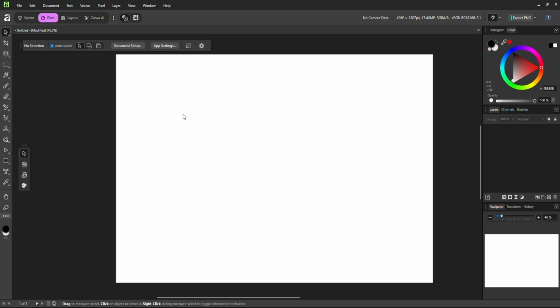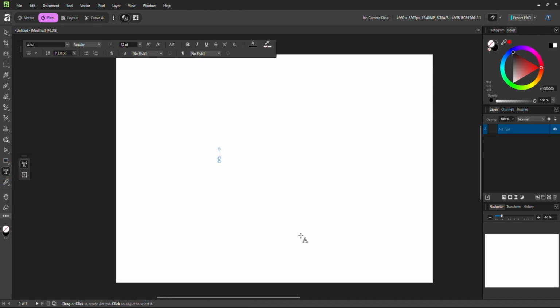Hey everyone, in this tutorial I'm going to show you how to stretch your text. First, select the Artistic Text tool and type your text. Now change the font to Barn Schrift